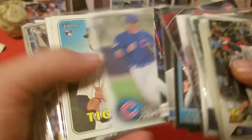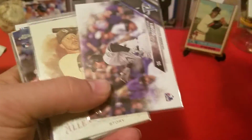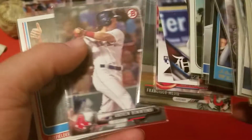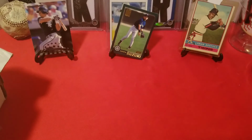Soler, just kind of a dollar card kind of box. All the rookies that don't have a place in my binder. There's some more stories. So yeah, there's that kind of stuff as far as rookies goes. A whole 800 count box full of that. And then...